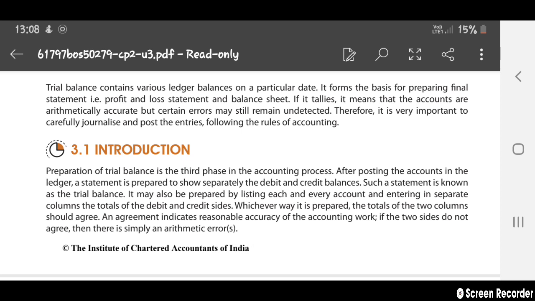If the trial balance tallies, it means that the accounts are arithmetically accurate. But certain errors may still remain undetected. Sometimes you cannot detect them, so there may be certain errors. Therefore, it is very important to